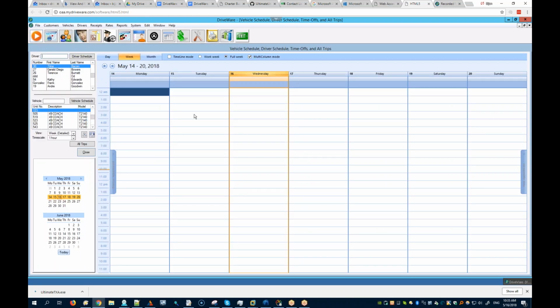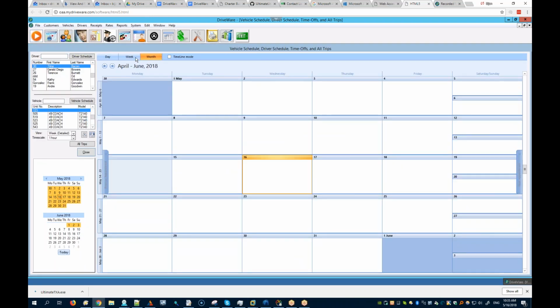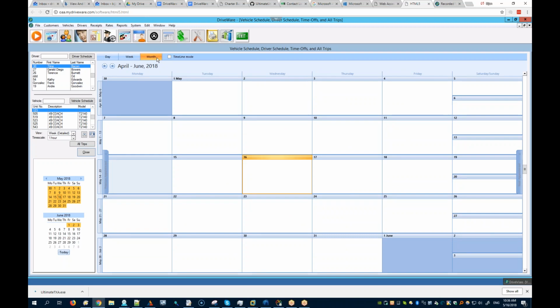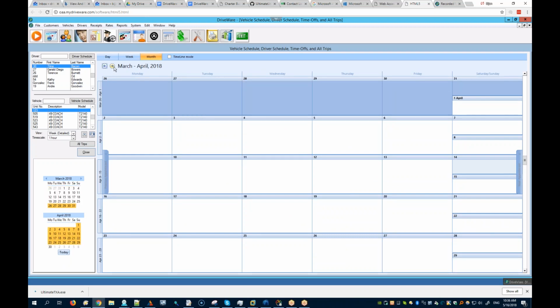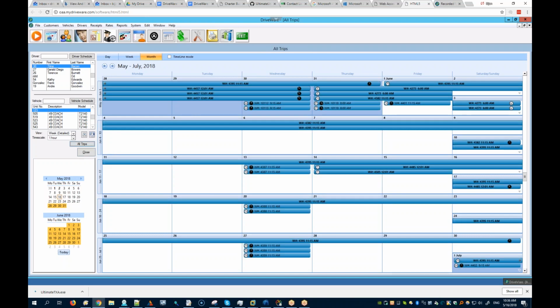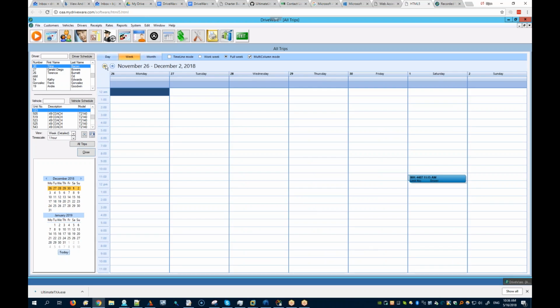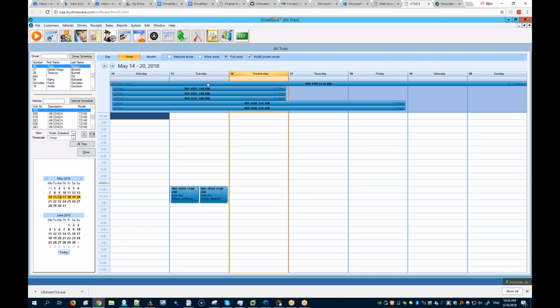For some of you, the trip calendar actually works very well, because if you have less than, I believe, 10 or 12 movements a day, this trip calendar is very nice, because you can see all your schedules, all the different trips for that month on the trip calendar. You can actually edit them. So when you click on this all trips, you notice that you can switch to weekly, and then let's go to today. So here you can see all the trips, and if I go to that particular day,